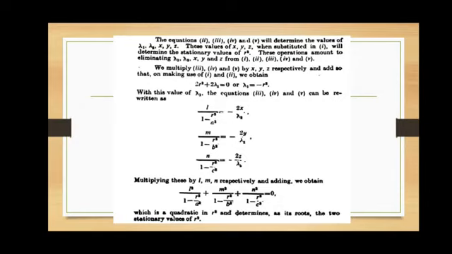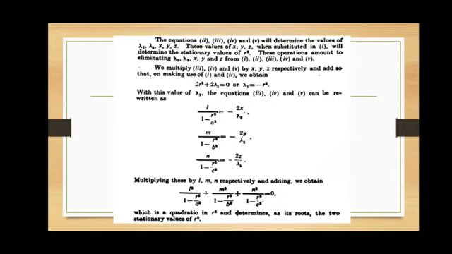We multiply equations 3, 4 and 5 by x, y, z respectively, and add, so that making use of 1 and 2 we obtain 2r square plus 2